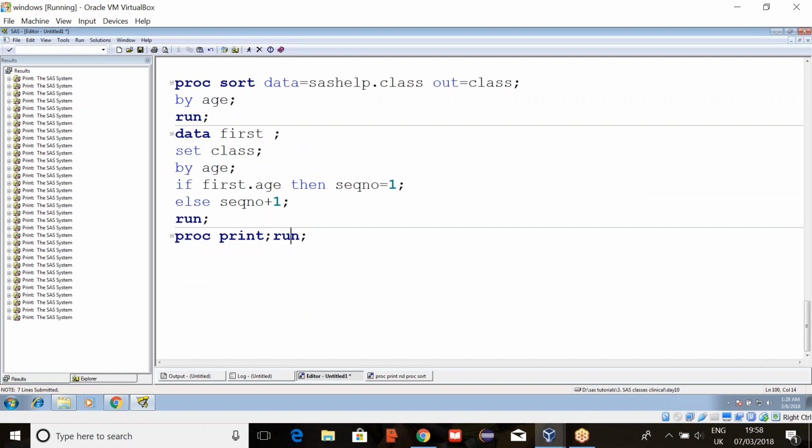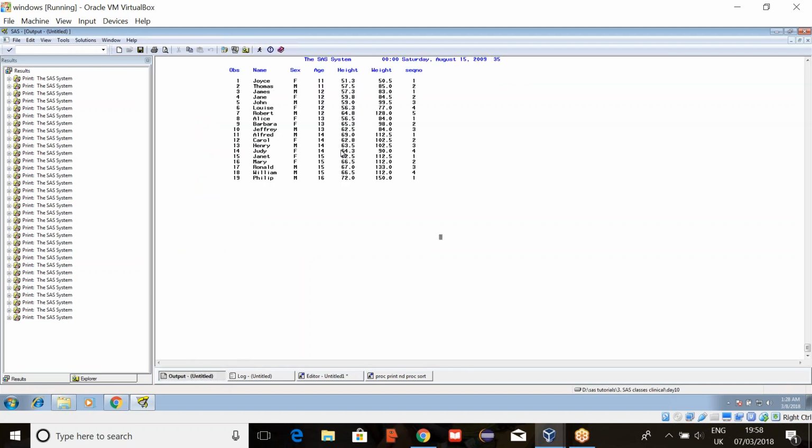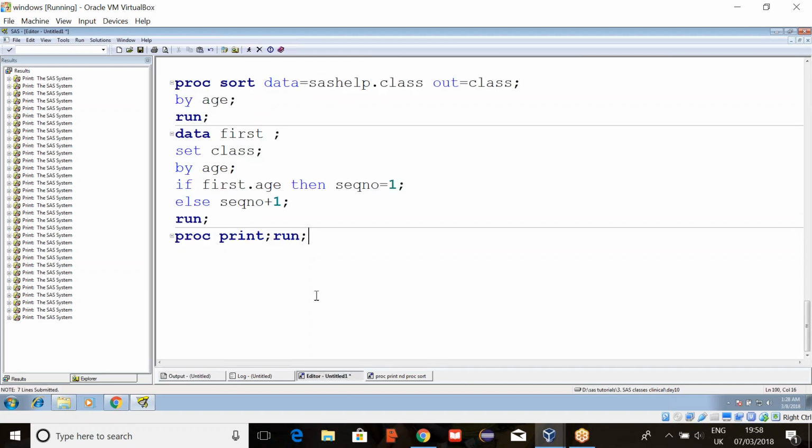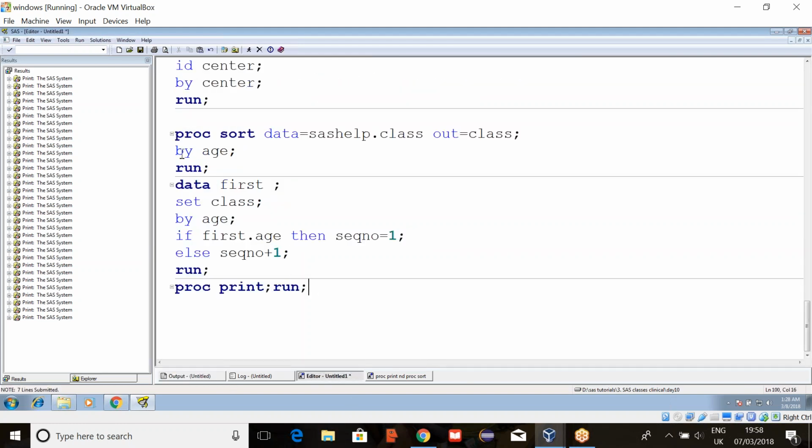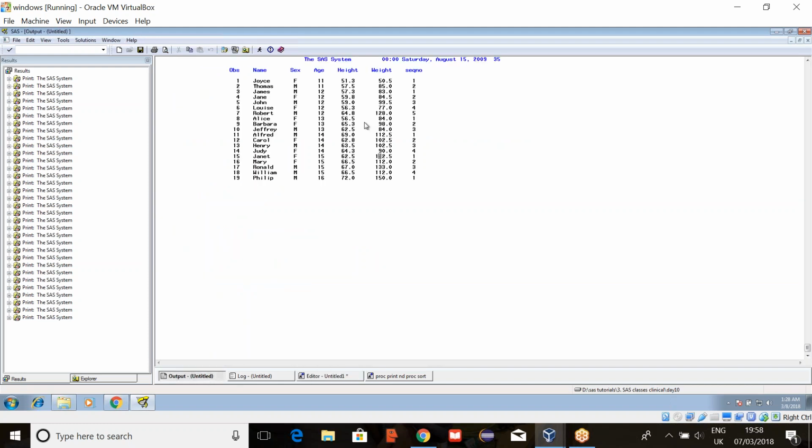So when we are creating the first dot and last dot variable, when we sort, SAS itself will create the first dot and last dot values. It is an automatic variable. When we say first dot, it is created when the first time that variable value comes.